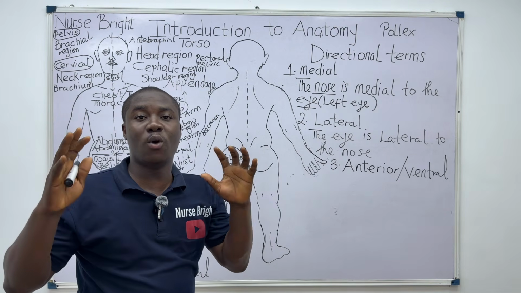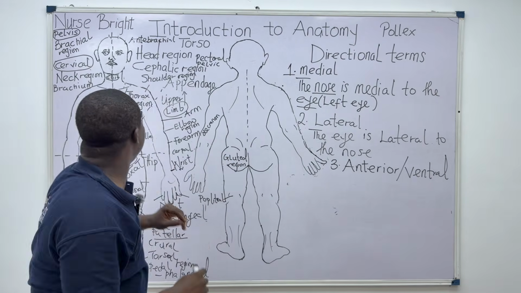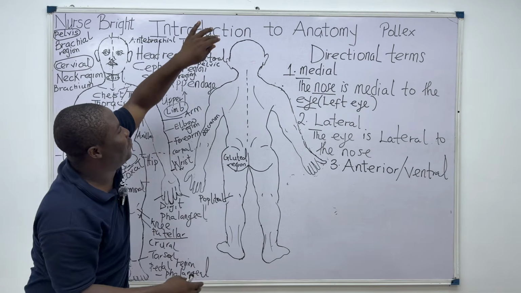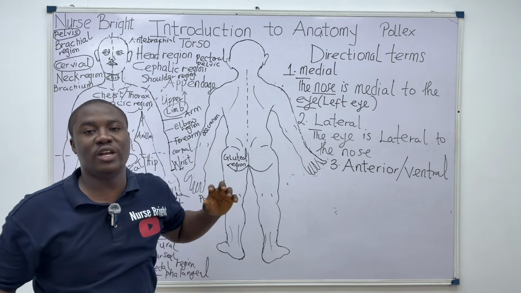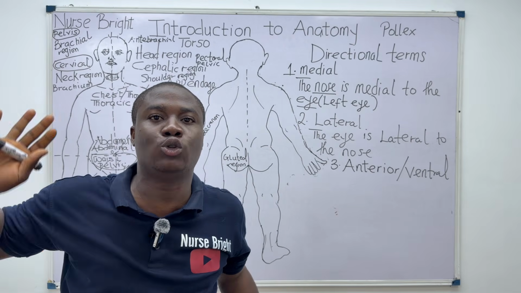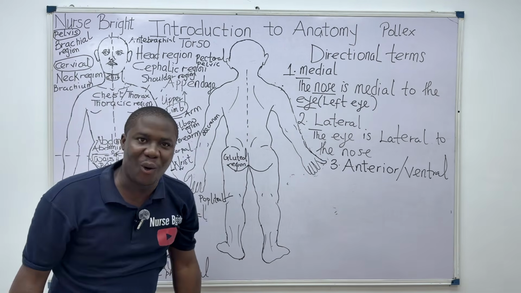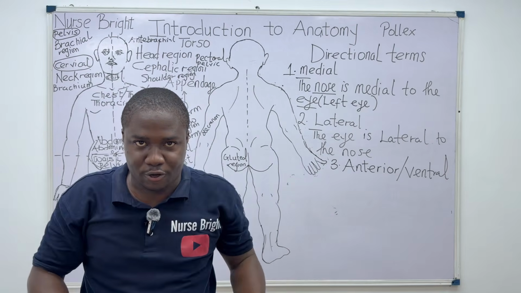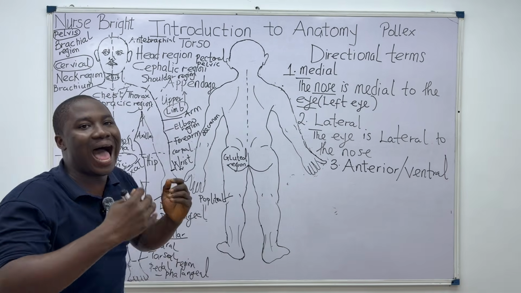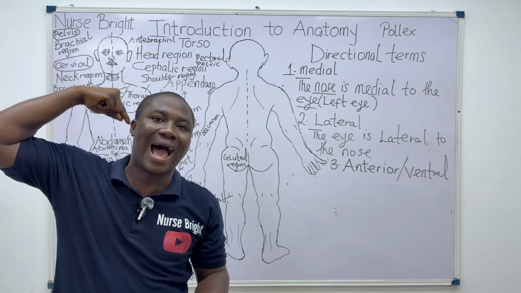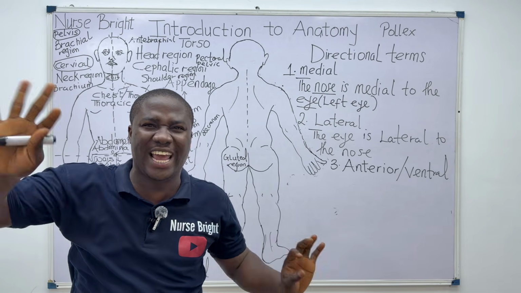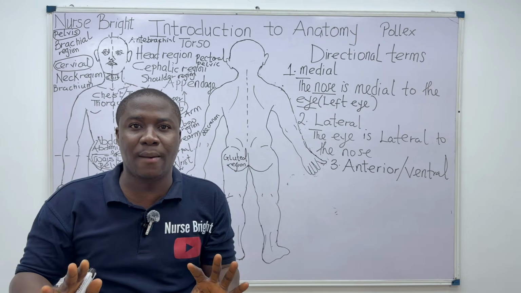Now let's play with more examples. Relating the eyes and the back of the head. You know, the back of the head, they call it occiput in anatomy. So relating the eyes, which one is anterior? Because for you to be anterior, you're closer to the front. So the eyes are anterior to the what? Occiput, which is the back of the head. You can see how all of these terms work.